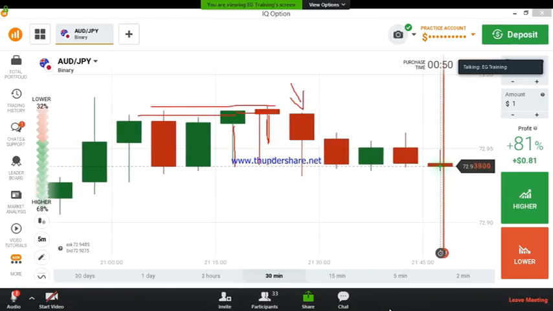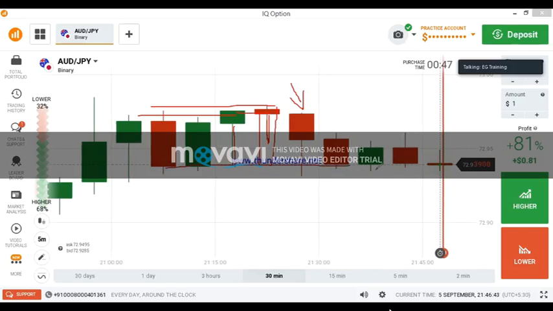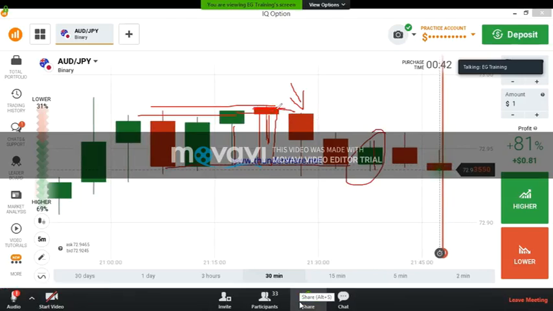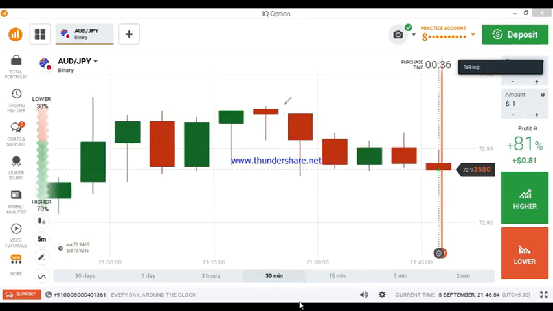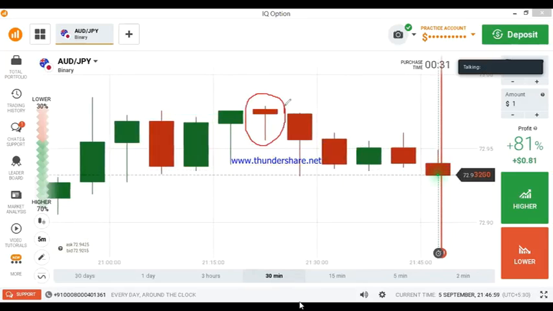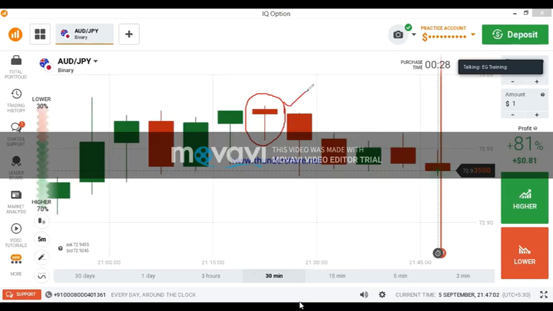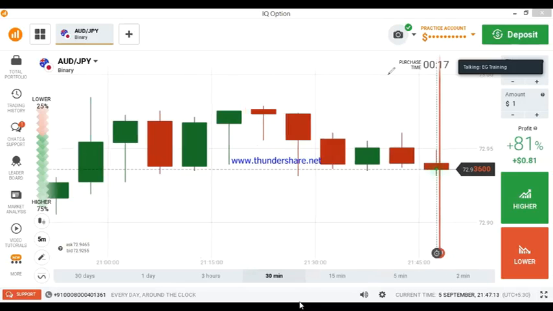If the candle closed at the buyer's area like this, there is a chance for buyers to enter like this. But the candle closing point is at the seller's area, so again we can expect a seller's entry. If we want to know what is happening in the market, we need to see the candlestick. If you see the candlestick, then you can know the market movement easily. The candlestick will help you to know what is happening in the market, to predict the market, to analyze the market. We can't analyze the market on a graph chart. We need to see the candlestick.